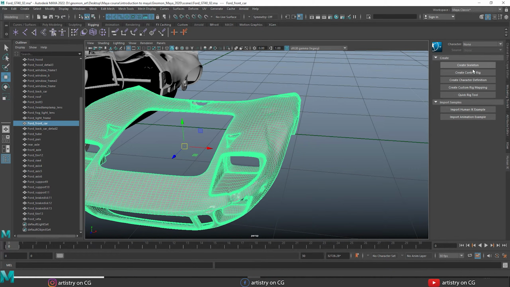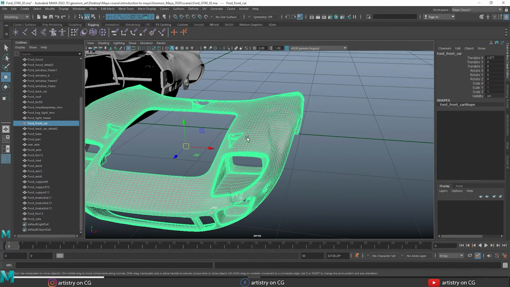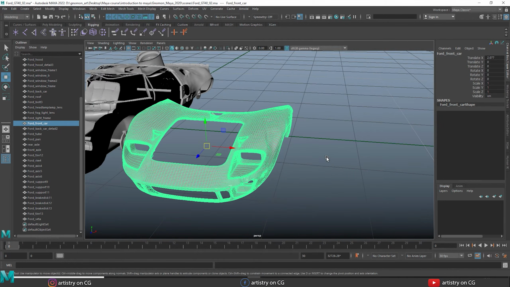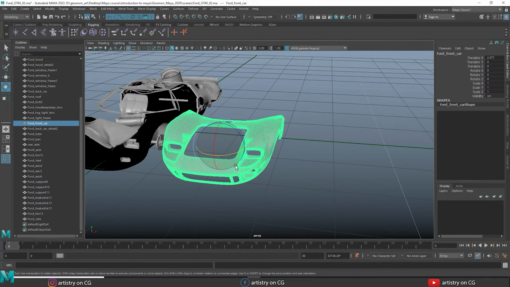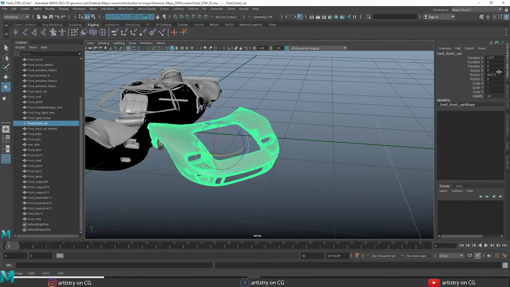Over here in this channel box you can see the numerical values for the changes I have made to the object. Now if you want to place this back at its original place, I set these translation and rotation values to 0. So I set this to 0 and it gets back to its original place here. Yes, as you can see.